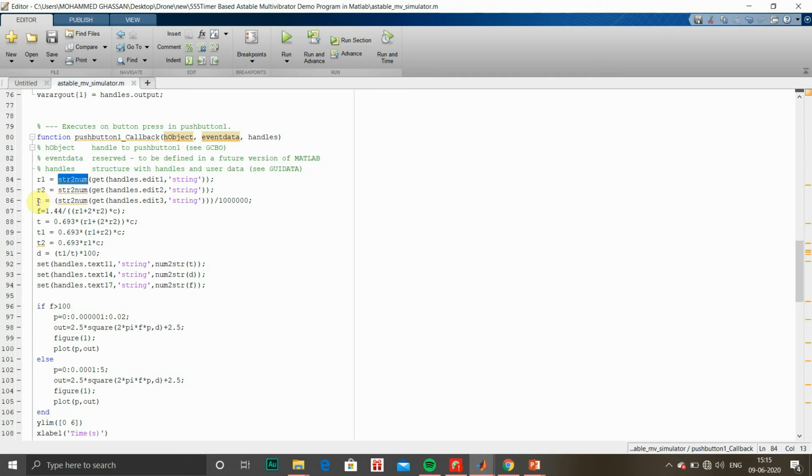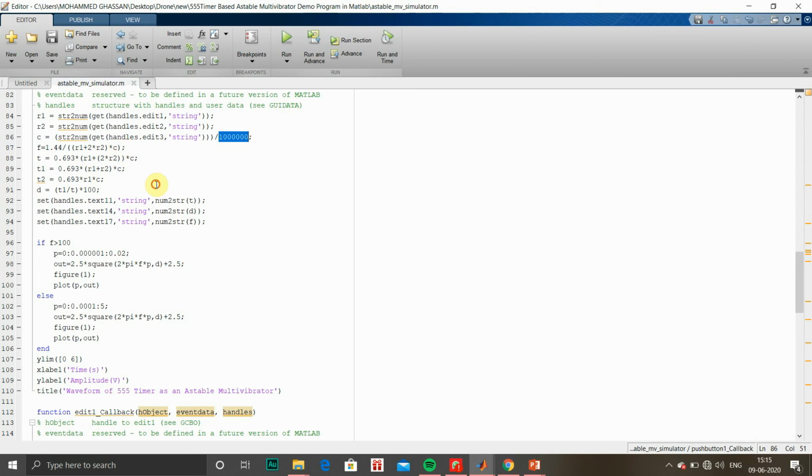For line number 86, the capacitor value, once again we convert string to number, whatever we have given in the text box, and we divide by 10 to the power of 6. This is because we are taking the value of the capacitor in microfarads.